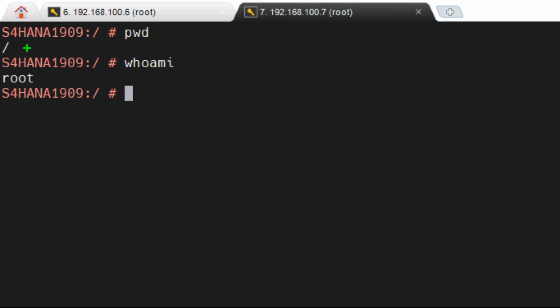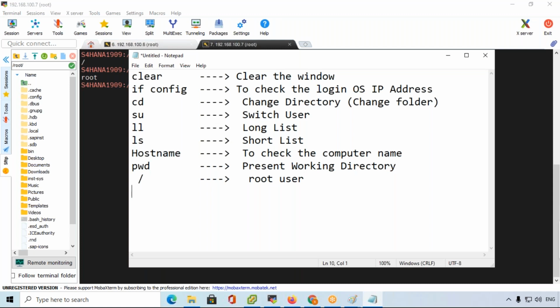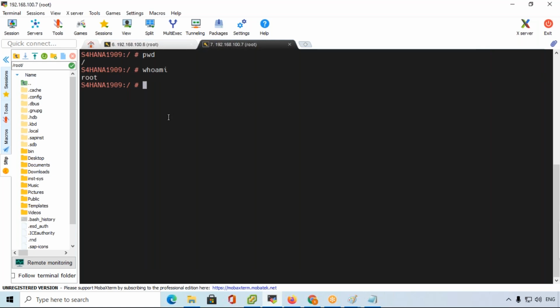This is whoami, user, username. So at present we are in root user, but we need to go to the SAP installed user.